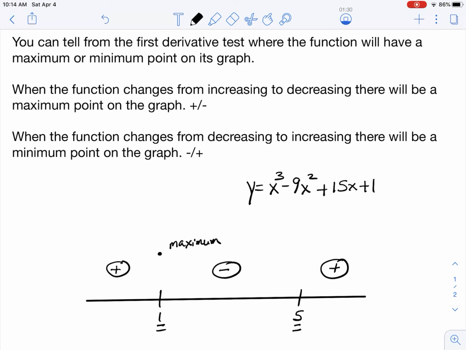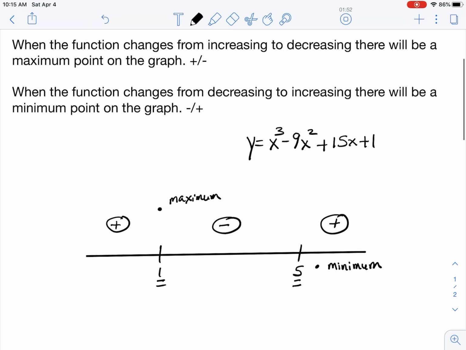And then at 5, you see how it was negative, and then at 5 it went back up to positive. So that means here a minimum point is going to occur. And again, that number line is just a visual to help me go through these steps as I get ready to get all my information together and graph them. But I can start to write down, I'm going to have my maximum point